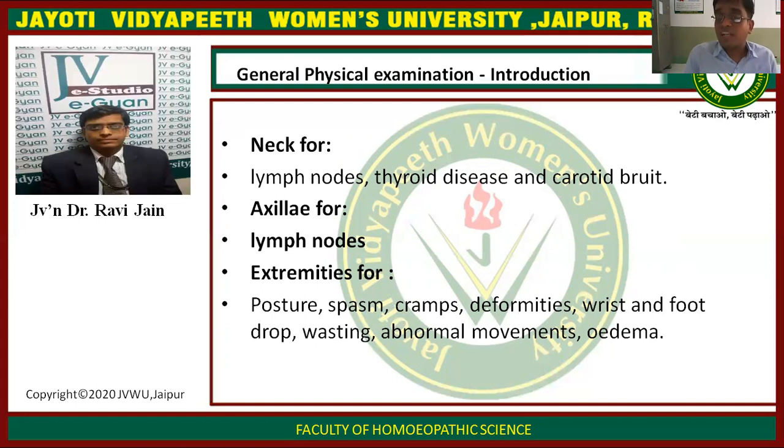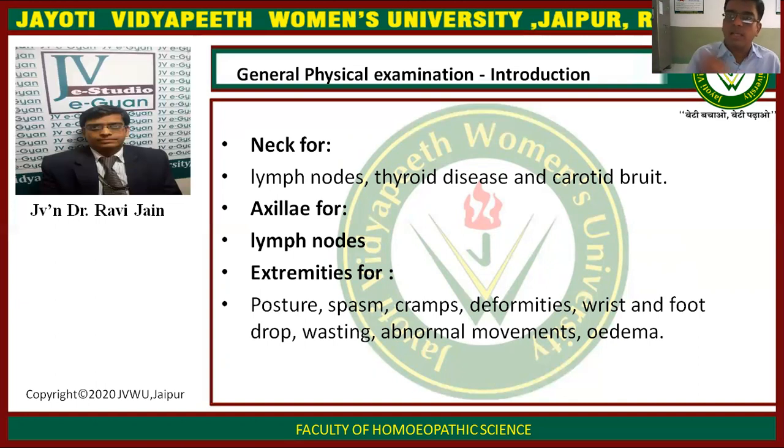You have to check for any kind of spasm or cramps, any kind of deformities, especially swan neck deformity, wrist or foot drop, wasting of the muscles, any kind of abnormal movement, especially in Parkinsonism, or edema of hands and feet. You have to check the neck for lymph nodes, cervical lymphadenopathy, or left supraclavicular lymph node enlargement, thyroid disease,